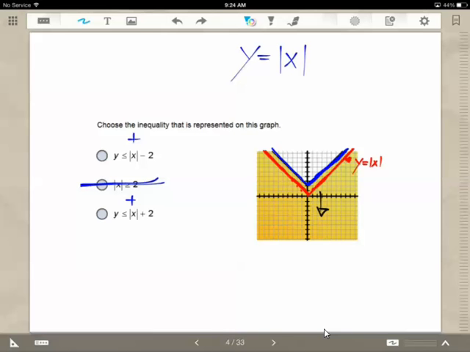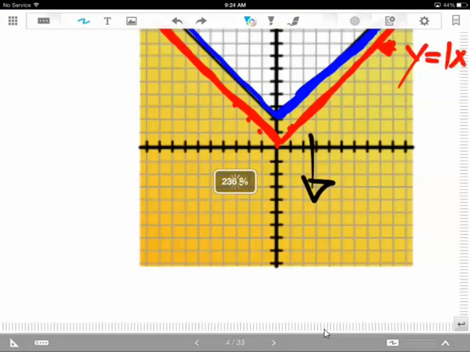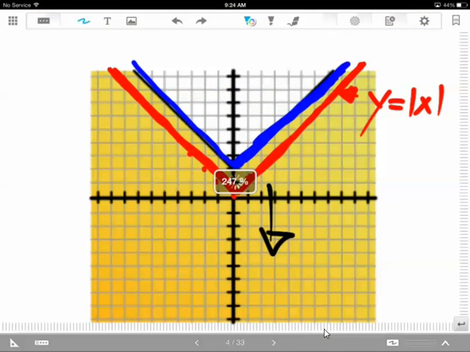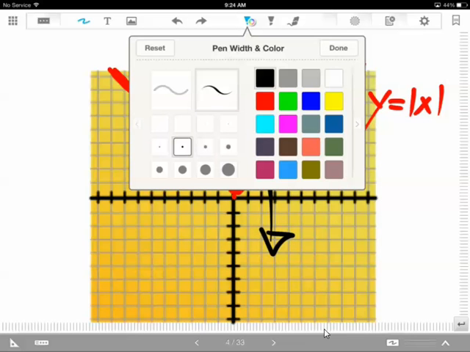However, the graph that's given to me is going up from the y equals absolute value of x, which means the first answer here is not the right one, because as you guys notice, every one of the values of y equals absolute value of x goes up by how many units? It goes up